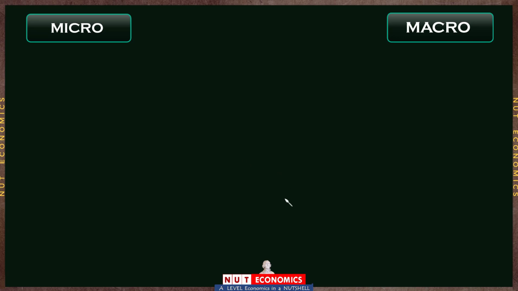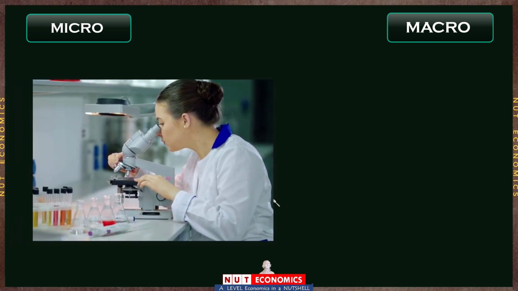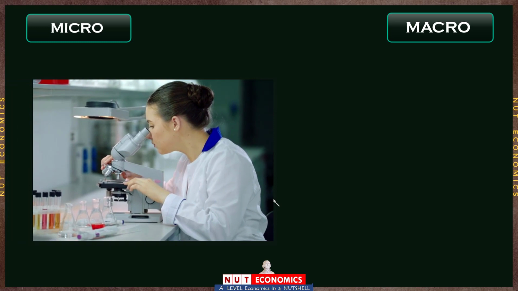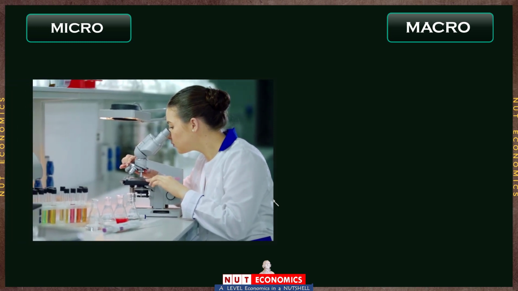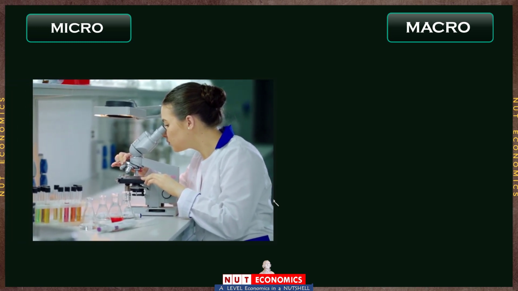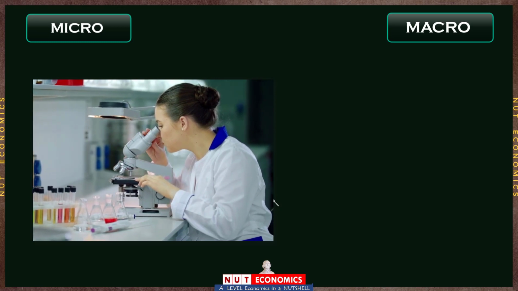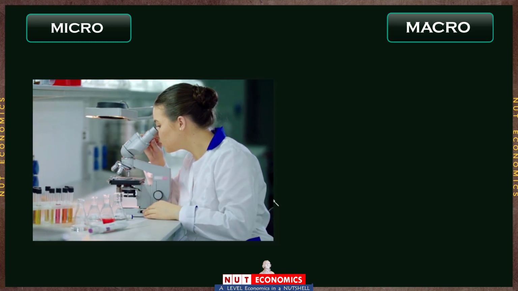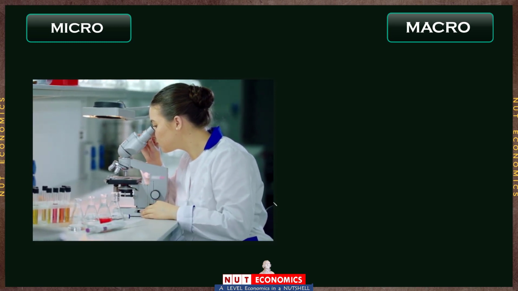to start thinking of a microscope. Micro basically means small, and a microscope is a sort of a tool that doctors and biologists use to zoom in and study and analyze one particular cell out of the many thousands of different cells that together make up the entire human body. That is the purpose of a microscope. It allows you to zoom in and focus in on just one small micro little part of the entire human